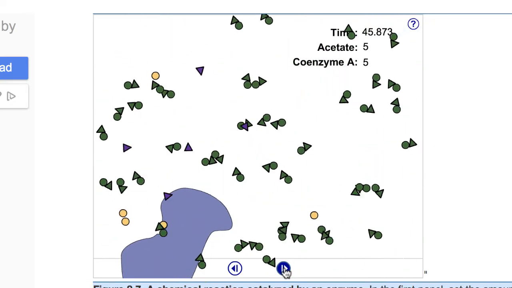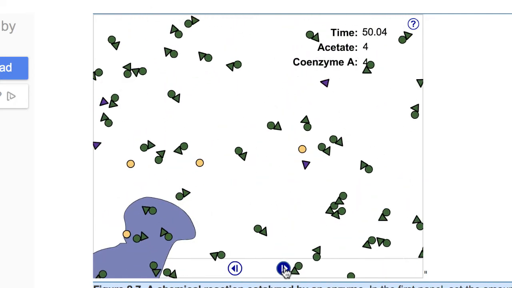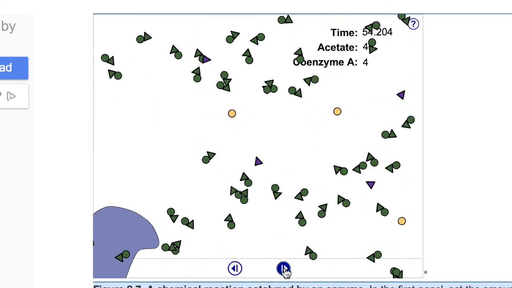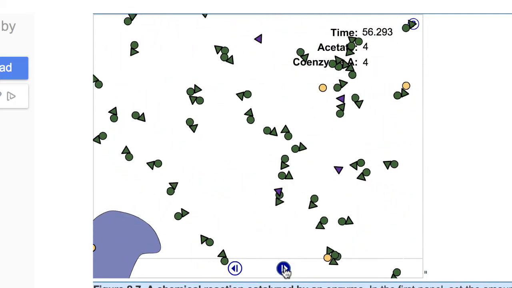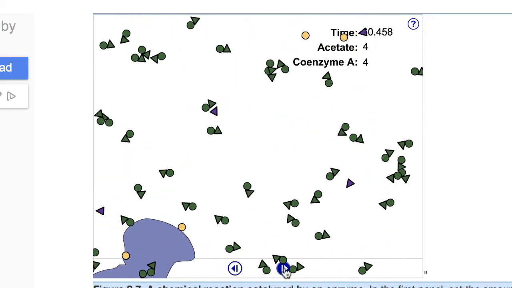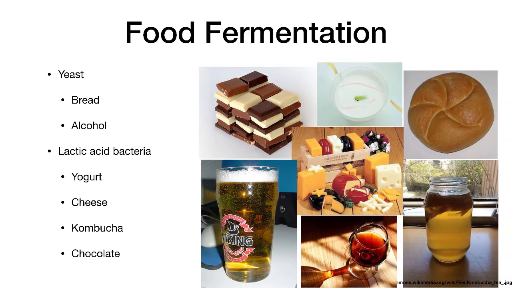You now have a good grasp of what enzymes are doing in cells and why they are so powerful. Without the catalytic prowess of enzymes, life would not be possible. Let's move on to examples of how enzymes and reactions in the cell produce things of human interest. The examples we are going to cover extensively are food fermentations.